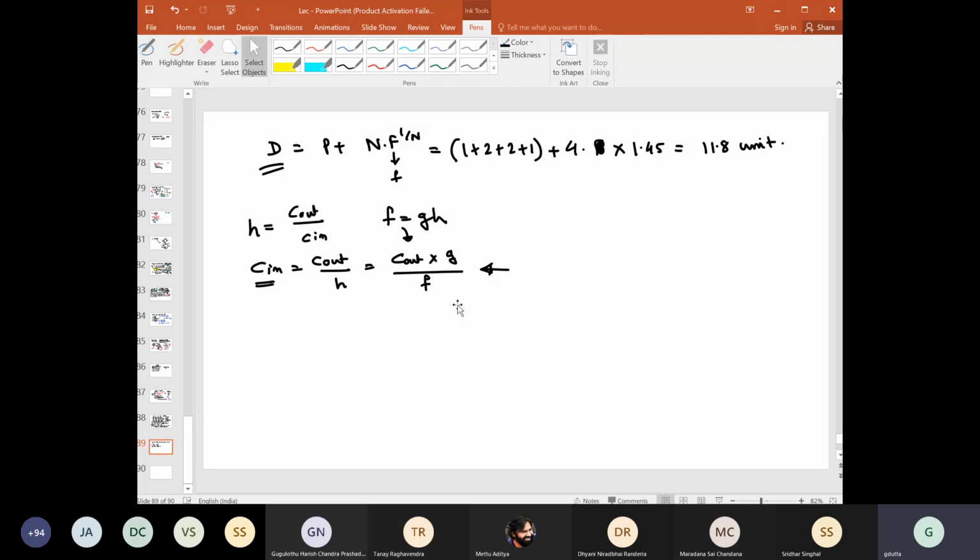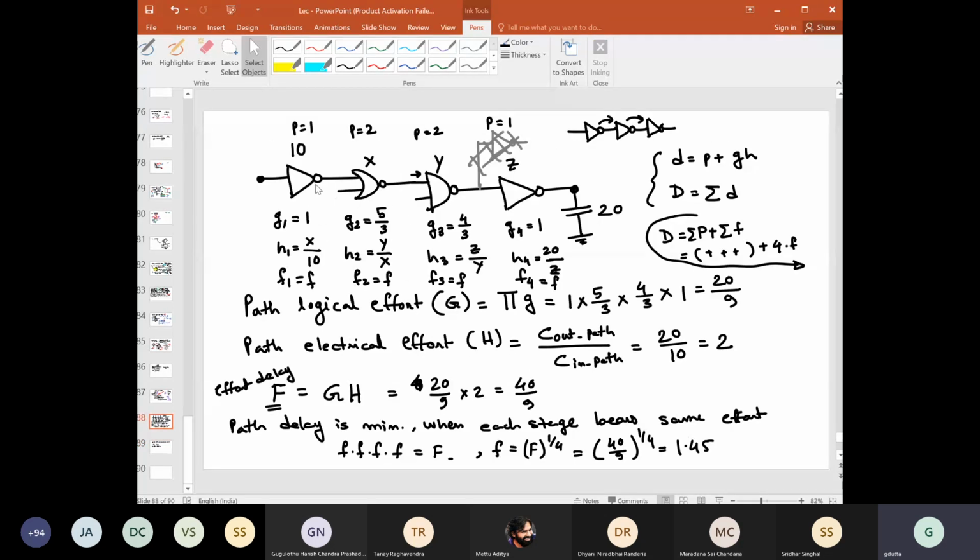So if you now look, let us go to the previous diagram. If you see this diagram now, we have to find the value of x, y, and z first. And what are this z, this y, and this x? These are nothing but the capacitances if you look from here. So basically it is the input capacitance that we have to find. So where to start? Should we first try to find x, or first y or z? See, if you want to first find this x, then you should know what is the output capacitance here.